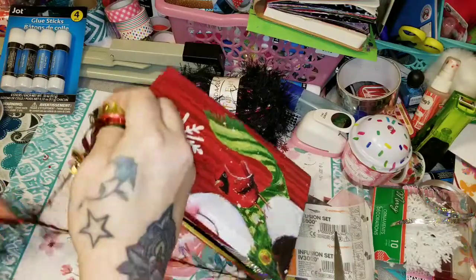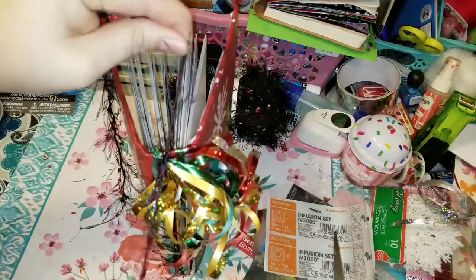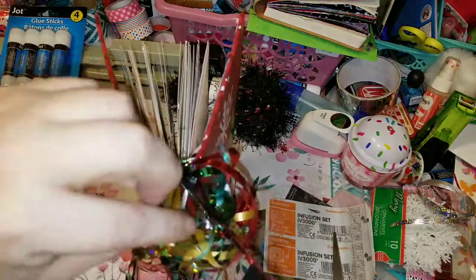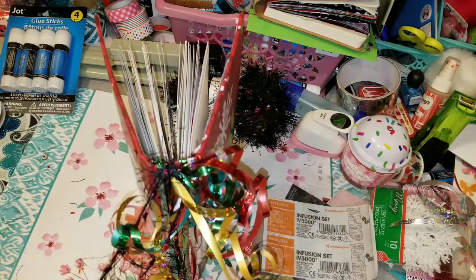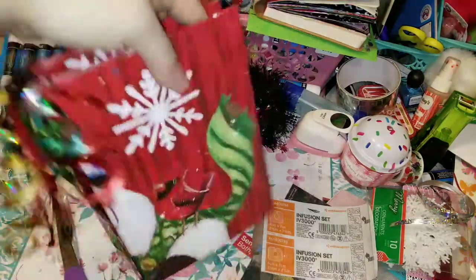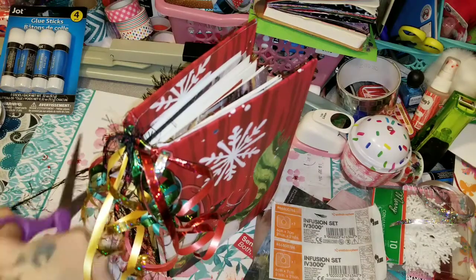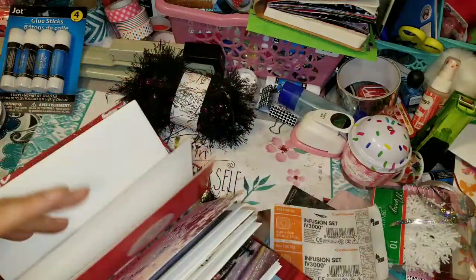But anyway, I changed my set and I was like, you know what? I gotta keep this wrapper of this infusion set tape so that I can stick it in my junk journal. So that's why that's laying there. I have a messy desk, but you know what? If I didn't have a messy desk, I wouldn't know where everything is. I swear it's like when you're younger and your mom's like, clean your room. You're like, I don't want to clean my room because even though it's messy to you, I know where everything is. I'm such a child, even in my quote unquote adulthood. Seriously, it's bad. Because I'm the same way with my art supplies,